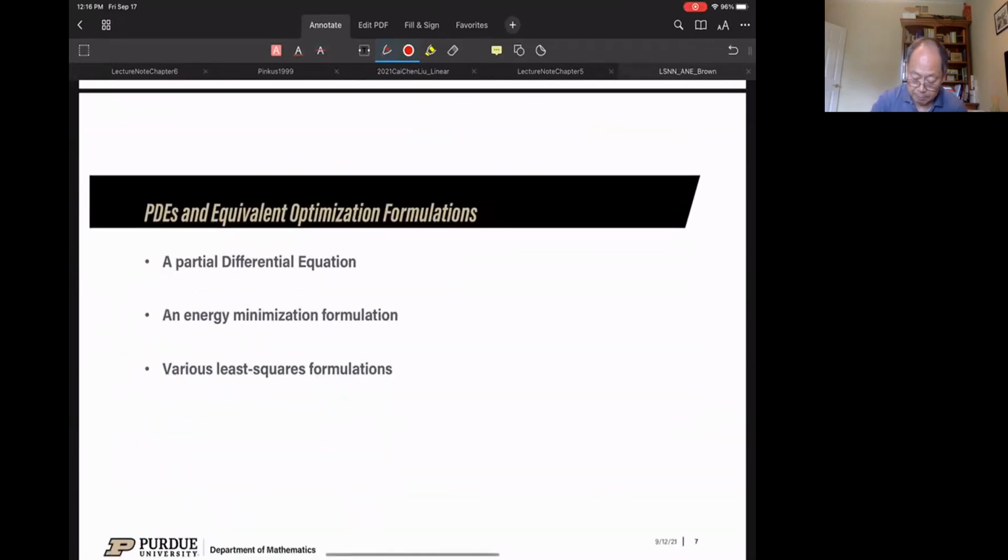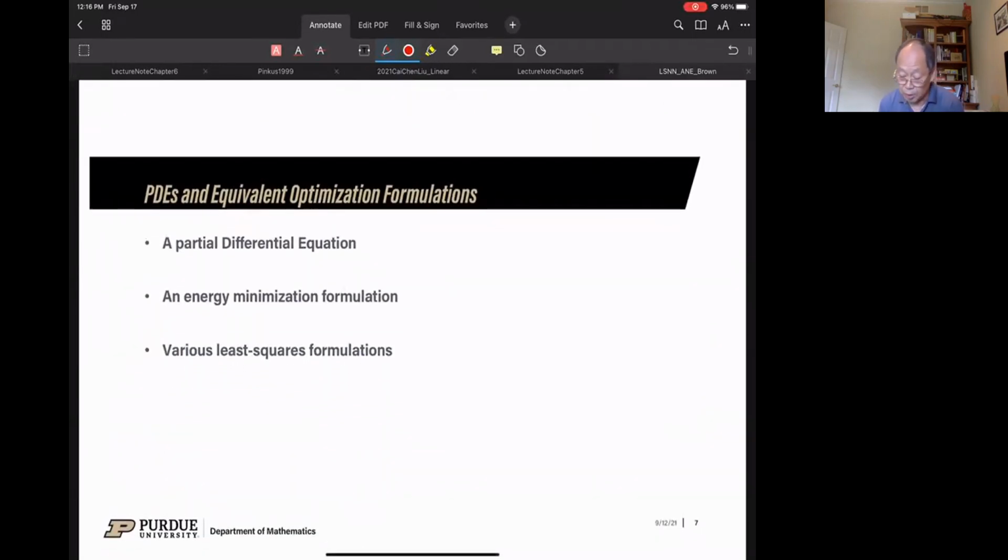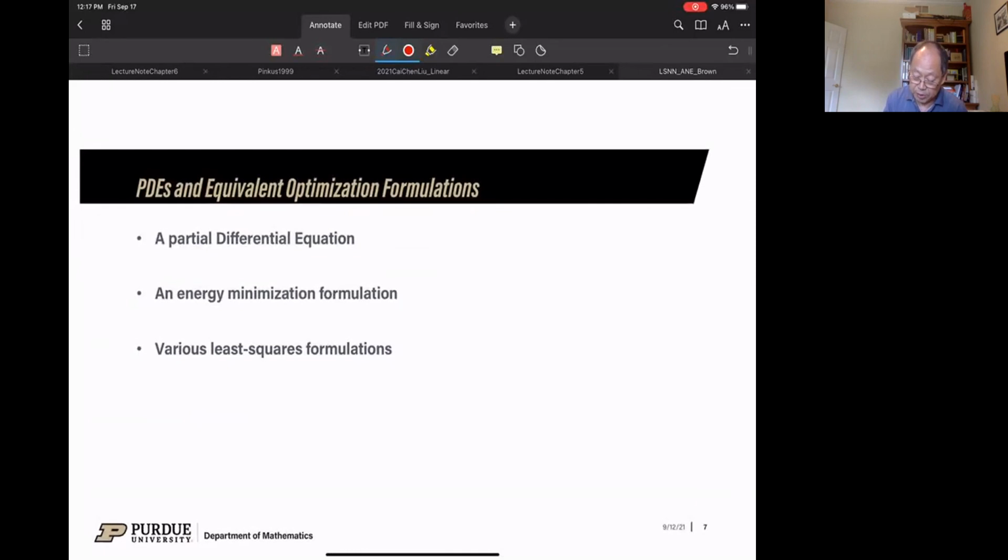So let's look at the PDE. We have many different forms of the PDE. Of course, what we usually see is the strong form, the differential equations, right? Since we want to use the neural net, we cannot use that equation. So one way we can write it is, for a small class of PDEs, there is an underlying minimization principle. So we can write this as equivalent to minimizing energy functionals. This is what we usually call the Ritz method, the Ritz formulations.